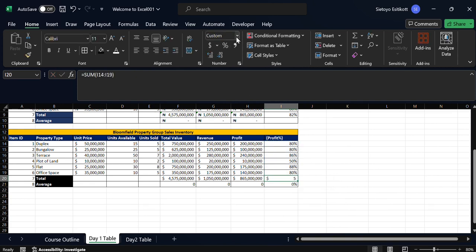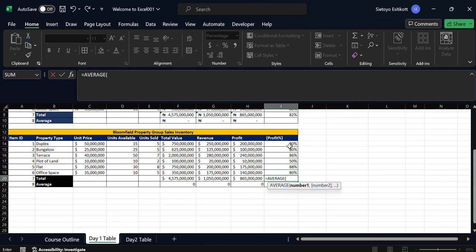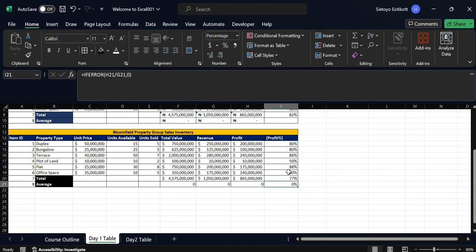Oh, my bad. Let's remove that, change that to number. Yeah. And then you can add percentage to that. But you see, you cannot add up these percentages, but rather what you might want to do is to use average. An average is much better in this case. So you could simply just say equals to average, come in here, highlight everything, right? 77%. That's the average percentage